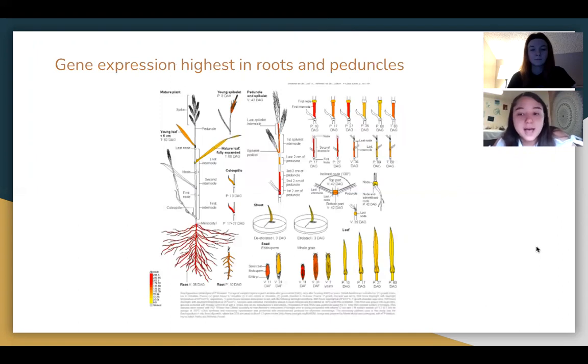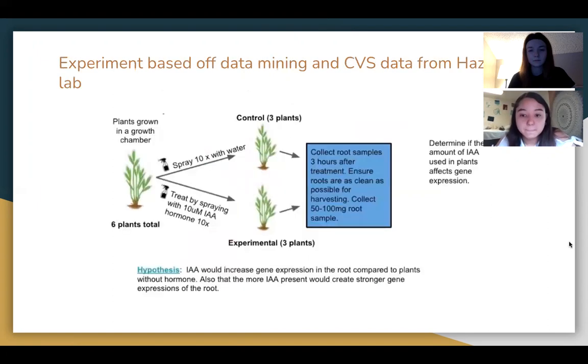With these results, we were able to look more into our gene's expression overall and figured out that the gene expression is highest in roots and pinnacles. With this data, we were able to create a potential experiment using the data mining and the CSV data from the Hazen lab. With this, we determined a potential hypothesis that IAA would increase the gene expression in the roots